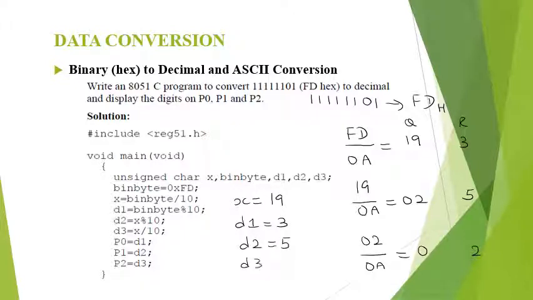D3 is 19 divided by 0A, so we get it as 2. So D1 is having 3, D2 is having 5 and D3 is having 2. We are loading D1 to P0, D2 to P1 and D3 to P2 port. So we get the hexadecimal number FD converted to the decimal number, that is 253, which is displayed in the port P2, P1 and P0.